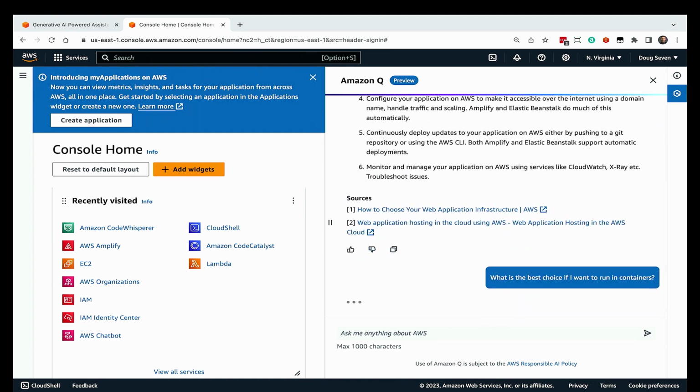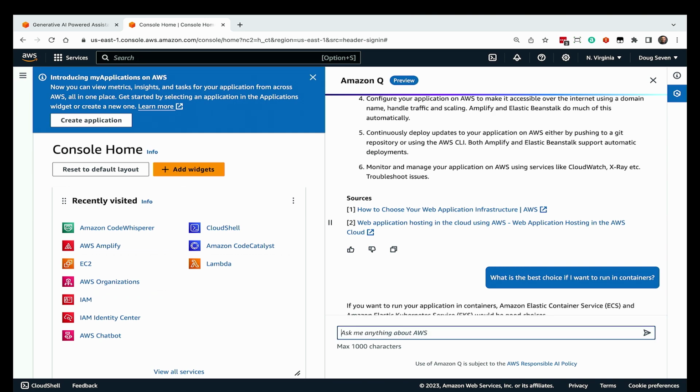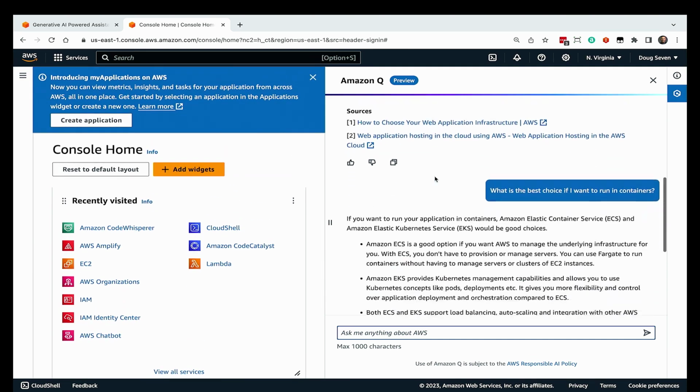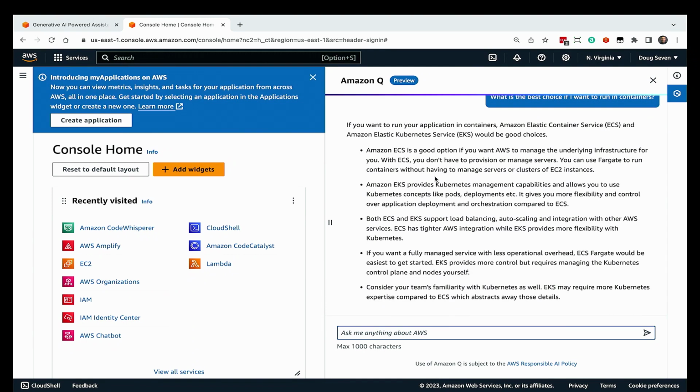And so I can have what we call multi-turn conversations. I ask a question, I get an answer. I ask a follow-up question. The full context of the conversation I've been having is still part of that conversation. When I ask the follow-up question, it didn't scroll down to me. Whoops, let me scroll down here. When I ask the follow-up question, it understands the previous question and the previous answer, and it uses that as context to give me that answer back.